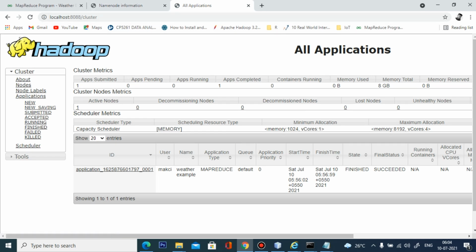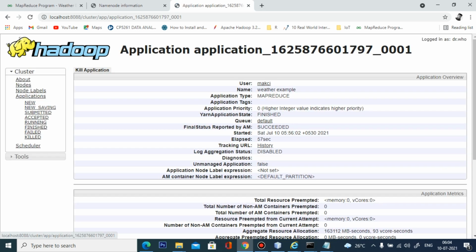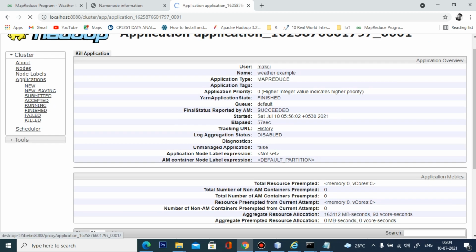Our input name is weather example. This is a MapReduce, and the final status is succeeded. You can click this and see all the information: the name of the file and the user. I am the user. If you want to track the history, you just click this and the history will be tracked.